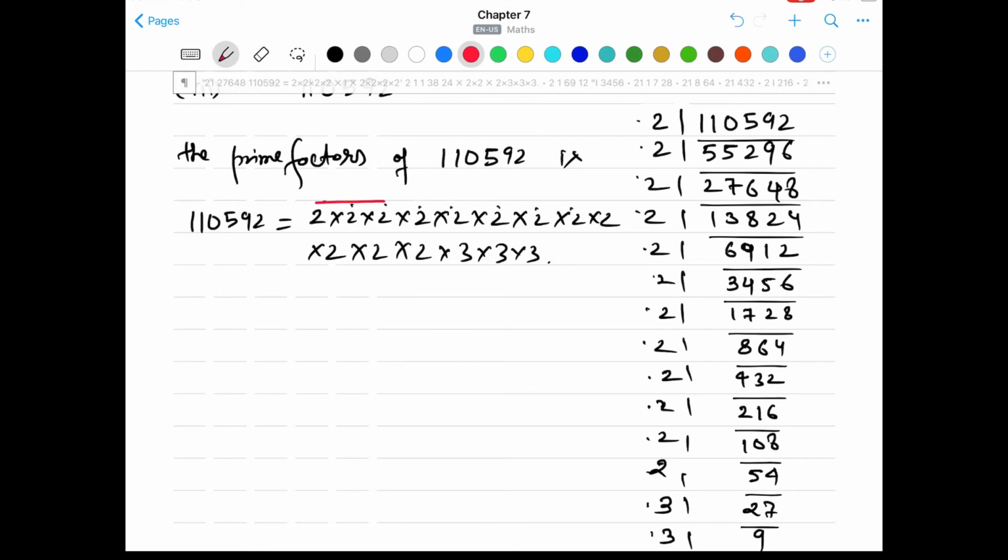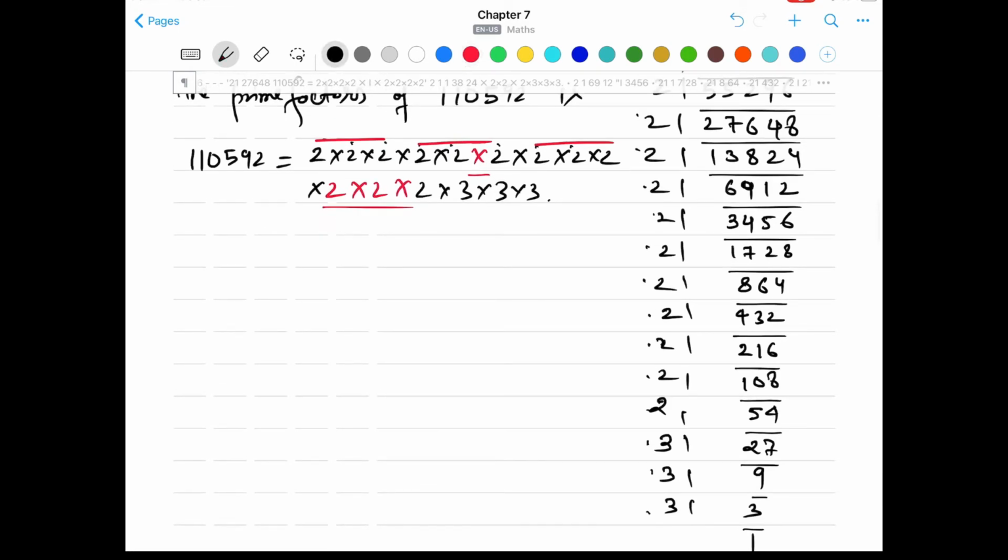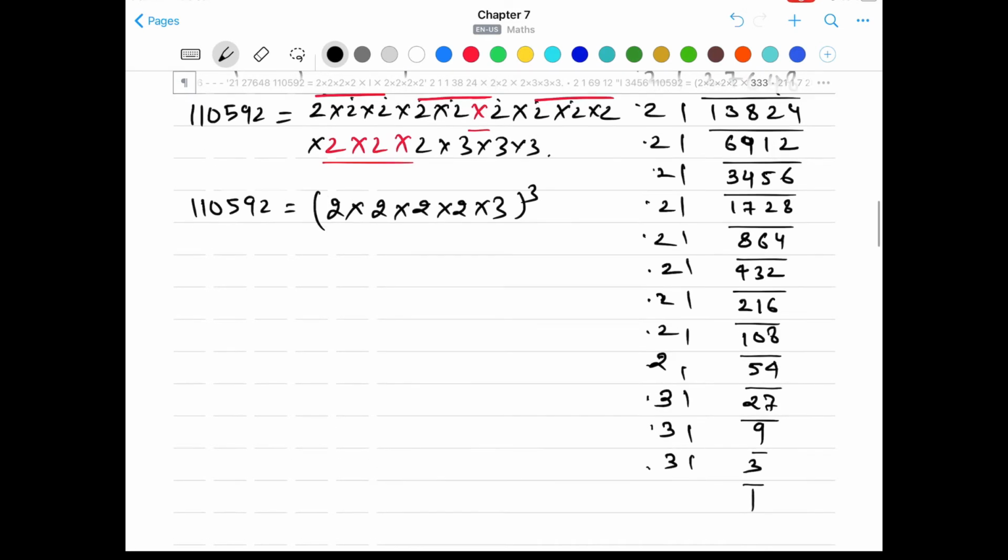We have one triplet of number 2, another triplet of number 2, another triplet of number 2, and then one triplet of number 3. Okay, so let's write 110592 equals, from each triplet we take the single digit. So we have 2 multiplied by 2 multiplied by 2 multiplied by 2, then 3, and the whole to the power 3. When you shift this power 3 to the left hand side, this will become cube root